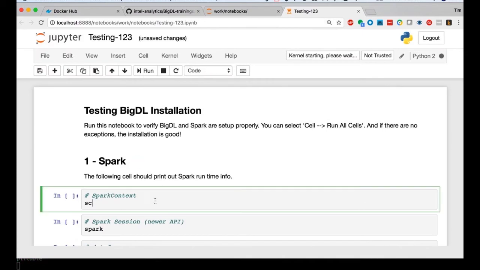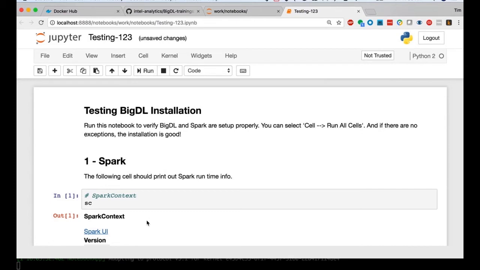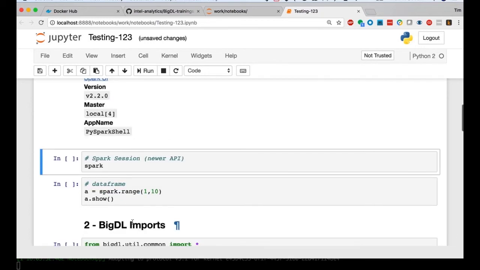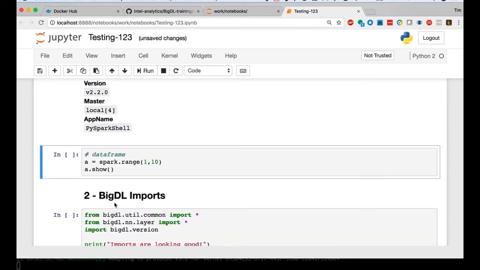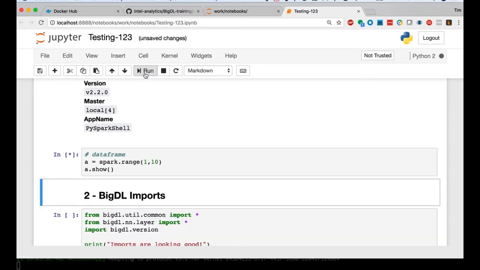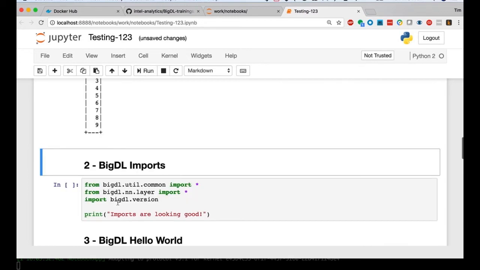If I go through and run the cells here one by one, you can see the results. Notice here when I say SC, it prints out the Spark context. That proves that Spark is currently running and operating in my Docker container. And in fact, if I call the newer API for Spark, which you're probably familiar with if you know about Spark, the Spark session object, again, this is saying that I have my Spark running. This is going to be a Spark data frame that it's going to set up within my Spark framework. So you can see that I have that here.